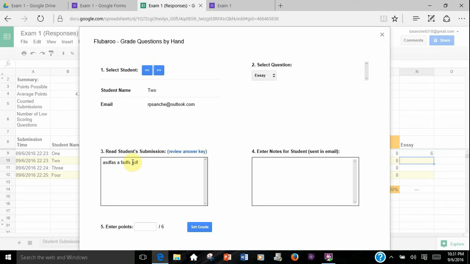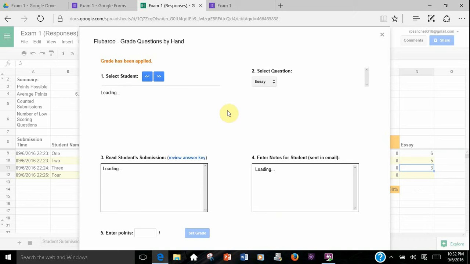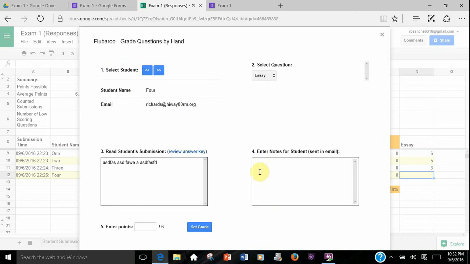and the essay, their answer, and good job, but, and we're going to have them miss 1 point here. And you just keep moving on through the students. We're going to have the student have a real low score. Set the grade. And we are going to